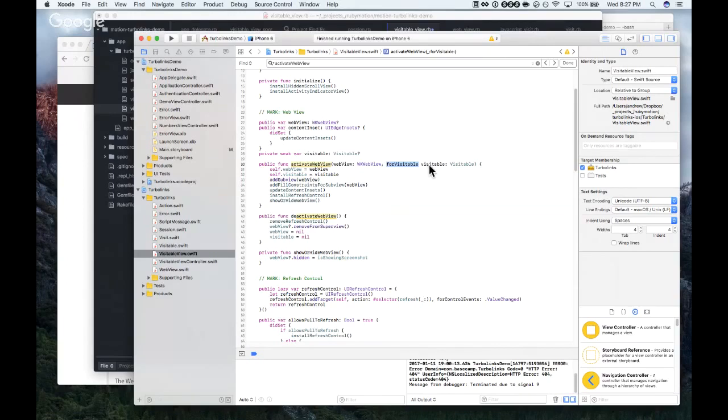So the method signature is meant to be readable. You say activate web view for visitable, but calling it for visitable internally just kind of mucks it all up. And those two names are what happens when you use named parameters in RubyMotion. You have an external name and then the internal name for it.